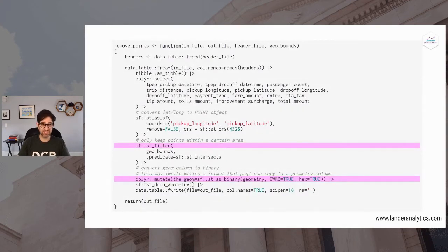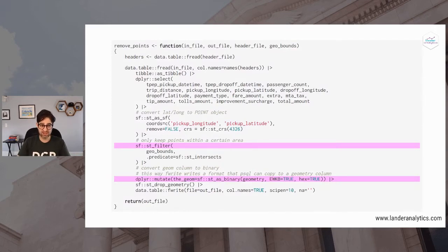First, it reads in the header because not all of our split files have headers. Then we use fread for its speed to read in this one file, convert it to a tibble because it's easier for me to work with, convert that into an SF object and set the lat long. Then we use st_filter. st_filter is like a spatial join, but it's only going to keep the columns from the first table, and it's going to reduce the rows based on which points in the first table fall into the polygons of the second table.